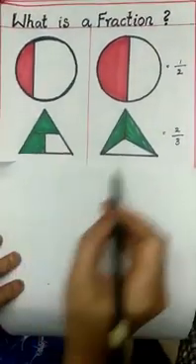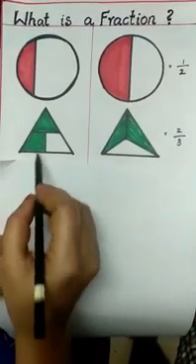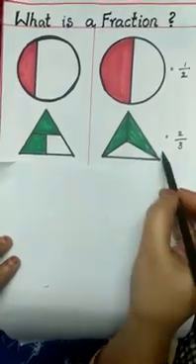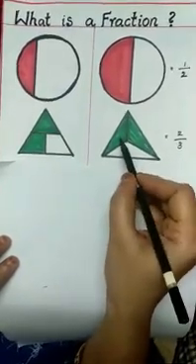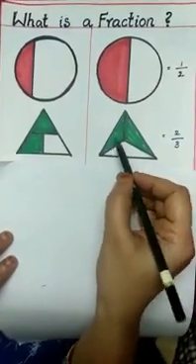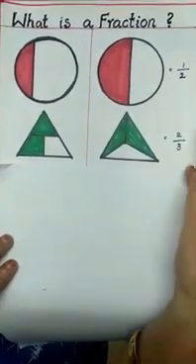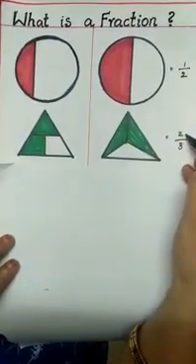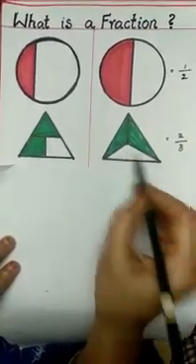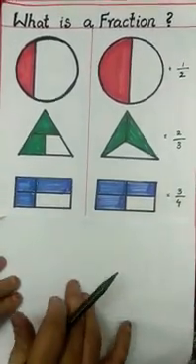Here you have two triangles where each triangle is divided into three parts. Are they equal in the first triangle? No. In the second triangle? Yes. Each equal part represents 1 by 3, 1 by 3 and 1 by 3. Now here I selected two parts, where this green color shaded portion represents 2 by 3. 2 represents the selected parts and the bottom number 3 represents the number of equal parts into which the whole has been divided. Now come to the last one.